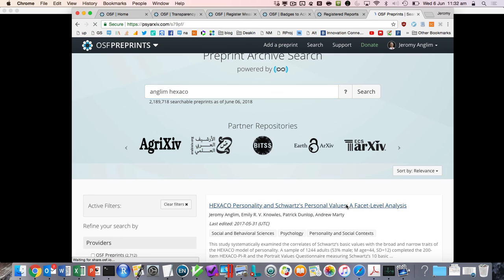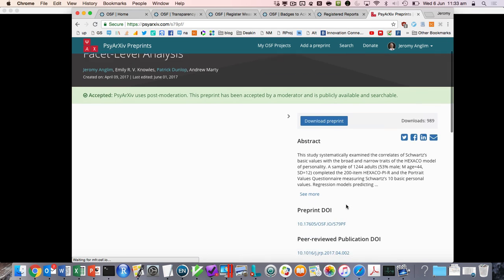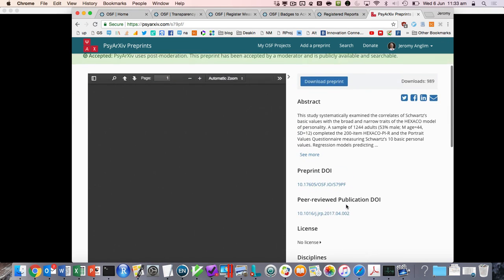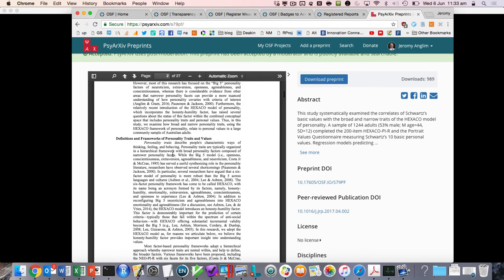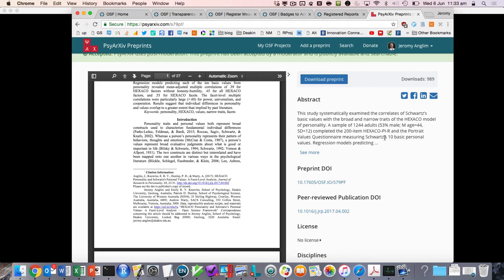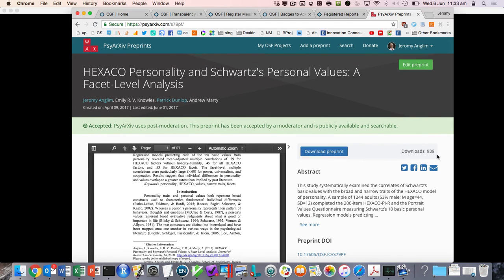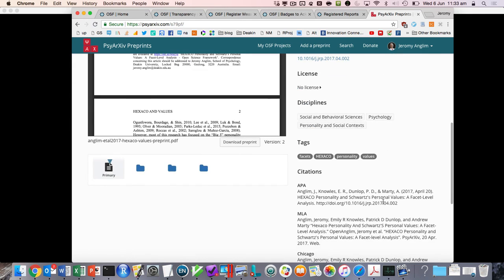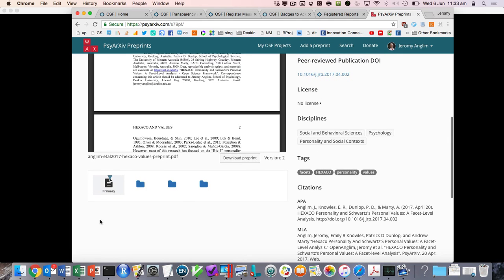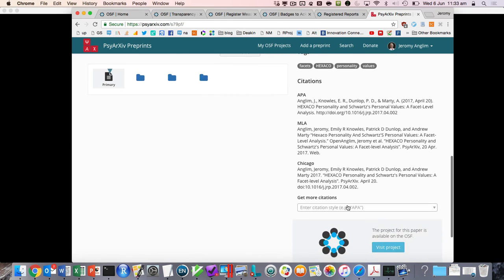So just to give you a feel for what it looks like. You've got a preprint which people can download. You can get your views, which is kind of nice if you're going to keep track of how many people are reading it or, I don't know, downloading something, putting it on their computer. You can also, if you connect it to a project,